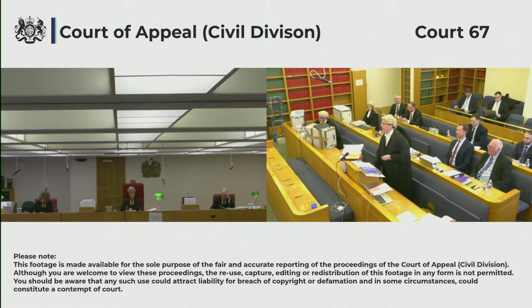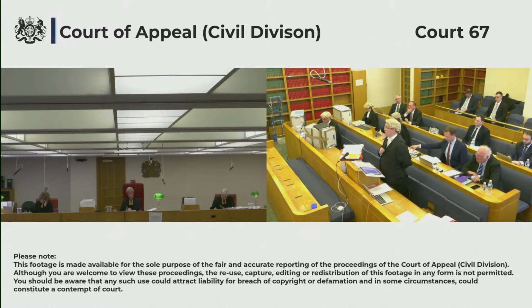So please can I put the question again? I believe you've accepted that on its face, the document is a claim for relief under the treaties. Is it your submission that as a matter of interpretation of the document, it can be interpreted as a claim for unilateral relief? I think the answer is yes or no. My lord, I'm going back up half a step. What I accepted was that as a matter of fact, what they were doing was claiming relief under the treaty. But what I'm saying is when you look at what that claim is in box 61, it is a claim for double taxation relief. That's what the statutory procedure contemplates.